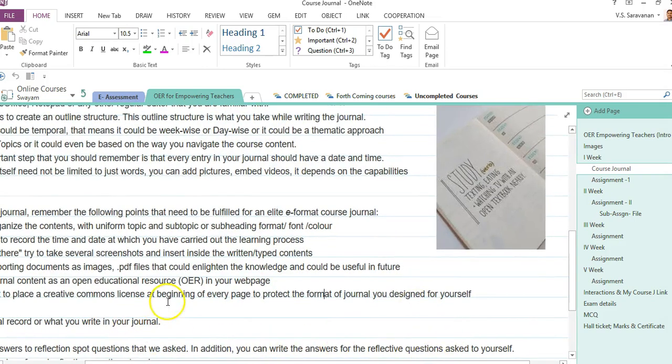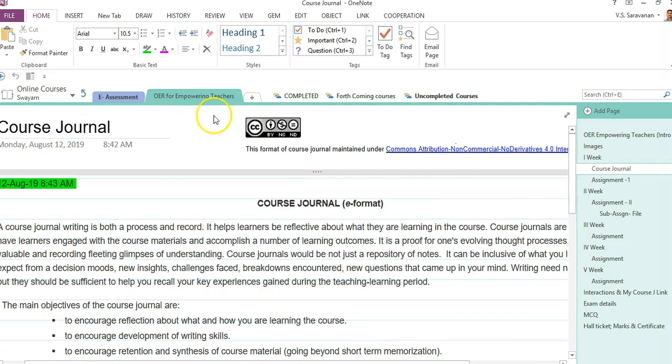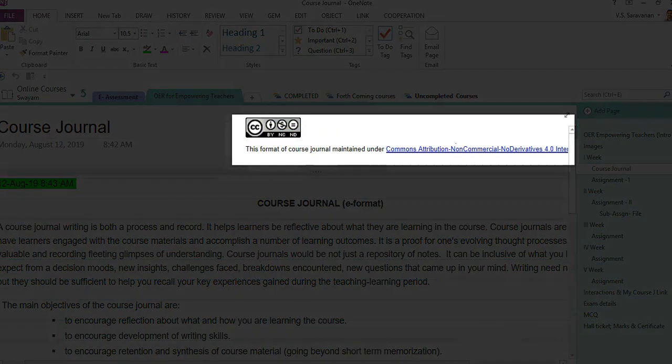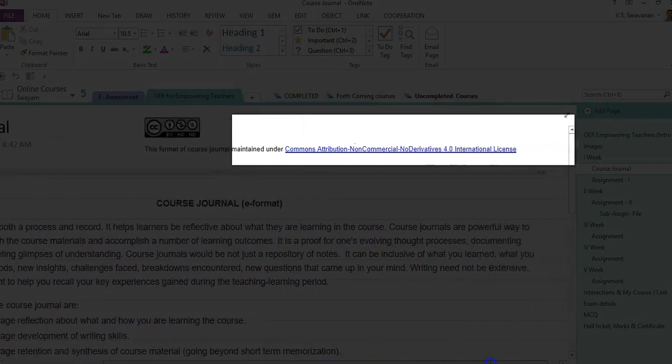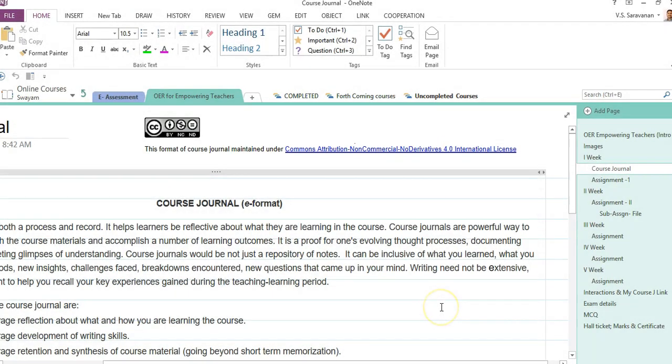In the course journal, you can see a Creative Commons license I have posted here. So this license protects my course journal. Whoever wants to adopt the format of my course journal has to respect the license I am keeping here, and they have to give my name as attribution when they are using my course journal format.